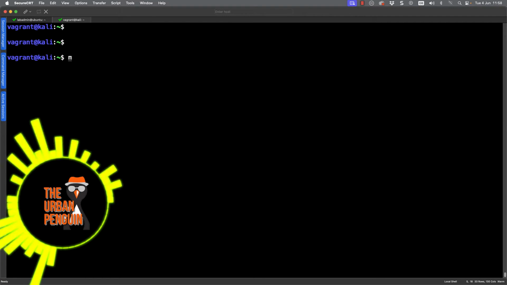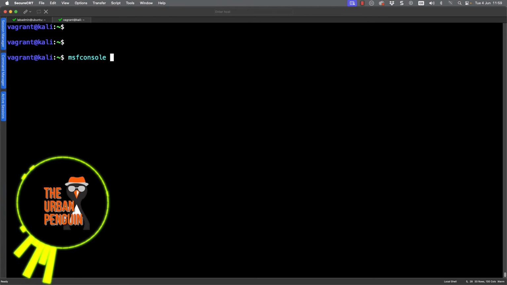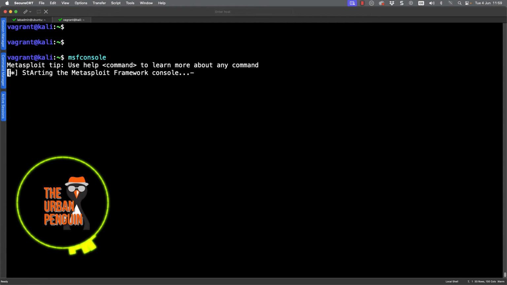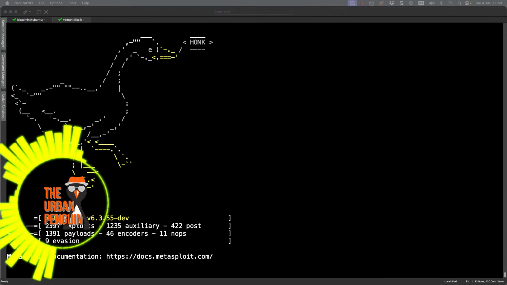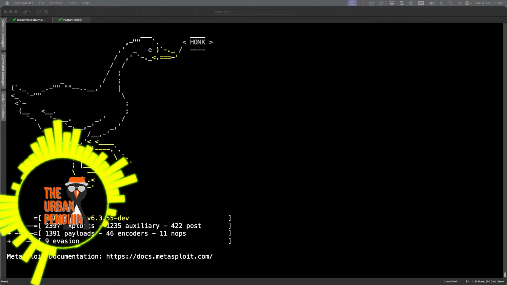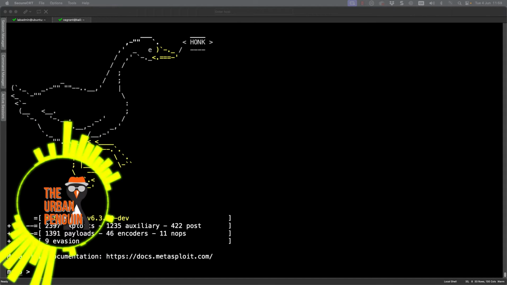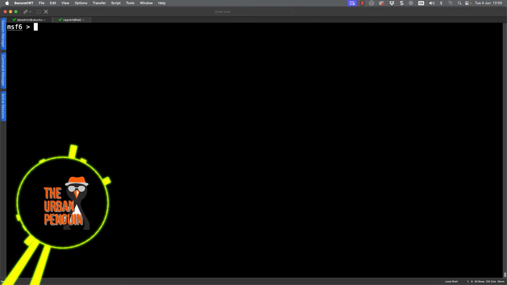And to implement this, I'm going to use the MSF console, the Metasploit framework console. We can allow it to fire up, but once it has, I will have standard exploits that are built into this. One of those exploits is going to allow me to try and log on to my remote SSH server with those usernames and passwords.